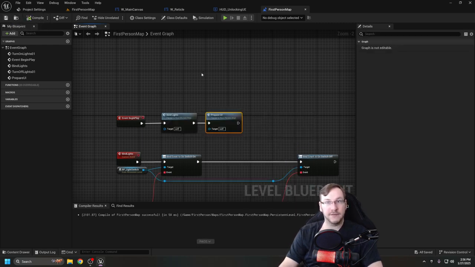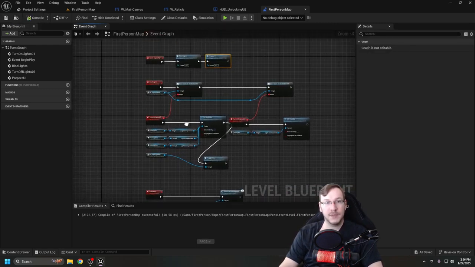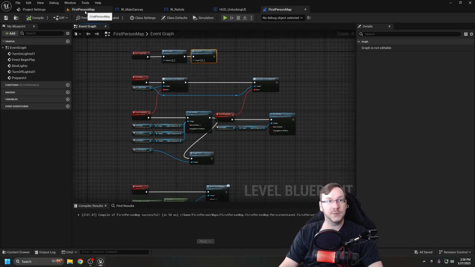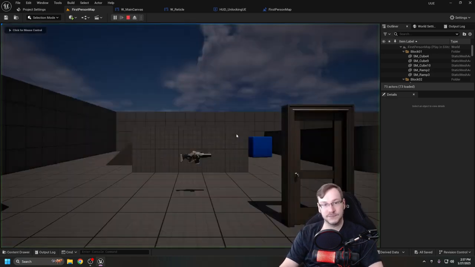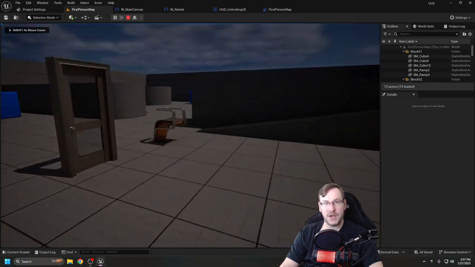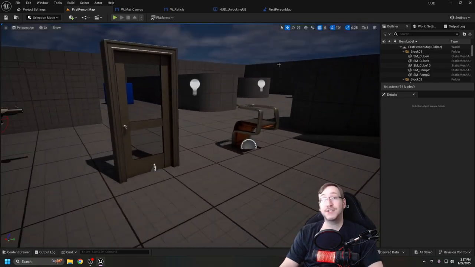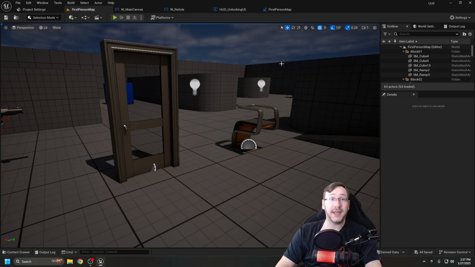Compile and save. So now what we can do is we'll head to the first person map, and when we hit play, it should pull up in the canvas, and we should see the reticle that takes place on the canvas. We don't. Great. So there's actually a reason why it didn't work, and this is because there's another area that